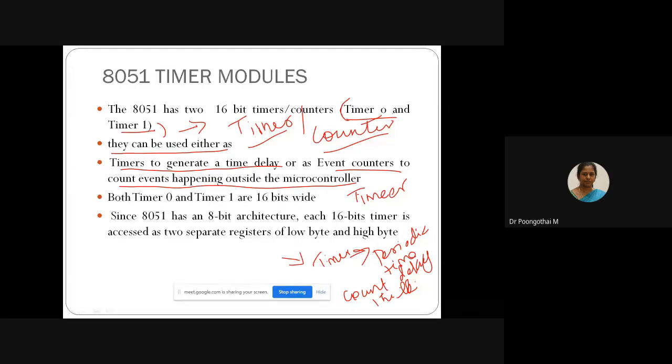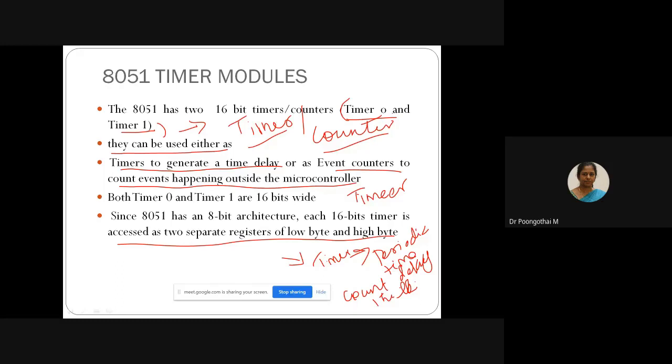So both the timers are 16-bit timers. The two 16-bit timers are accessed as two separate registers of low byte and high byte. I will explain that later. So the basic difference: timer is used to generate periodic time delays, and counter is used to count the events happening outside the microcontroller.